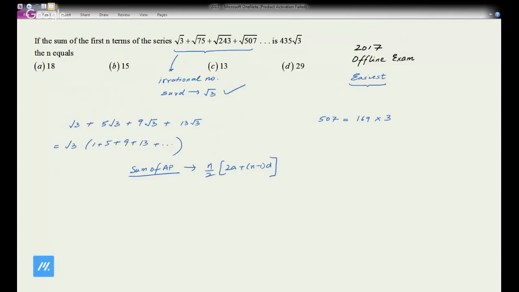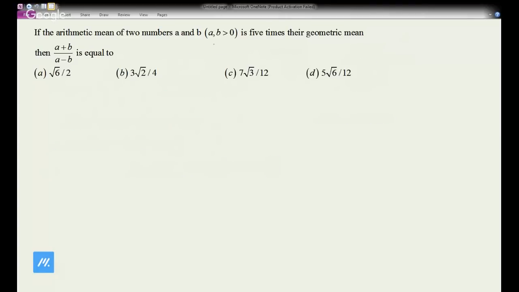This question came in the 2017 online exam, because in 2017 every question paper consisted of 2 questions from sequence and series. This came in the online exam. So for example, this question is again from the 2017 online exam, day 1. My bad, Akshat. But still, it is a valid JEE Mains problem. If you are asking whether it's a JEE Main problem,